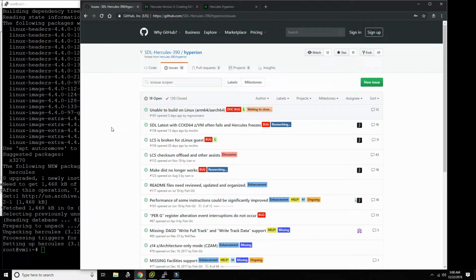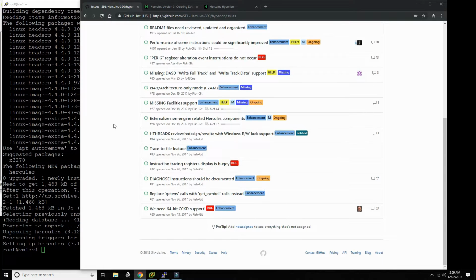Dynamic address translation was broken just a bit, but enough that the newer version of ZVM wouldn't run reliably on it, and they fixed it, and I work with them on that. But what I'm here for today, the main thing that really gets me excited is